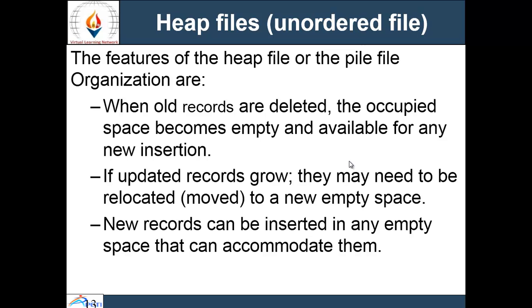An unordered file, also called a heap file, is the simplest type of file. Records are placed in the file in the same order as they are inserted, and a new record is inserted in the last page of the file. If there is insufficient space in the last page, then a new page is added to the file. This makes insertion very efficient.